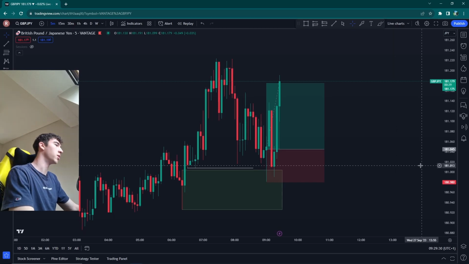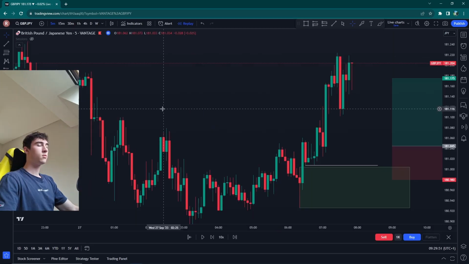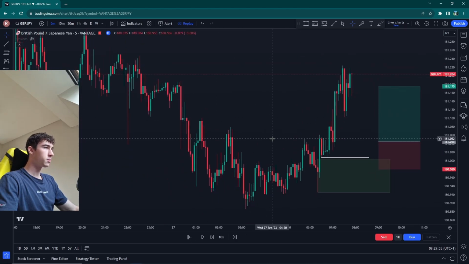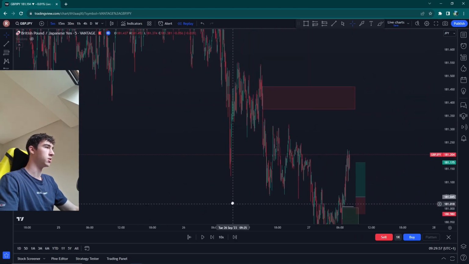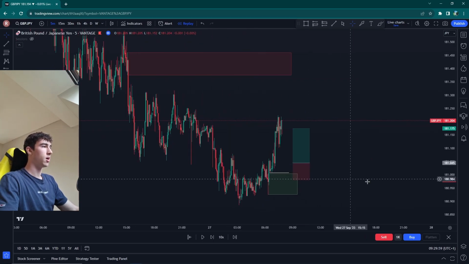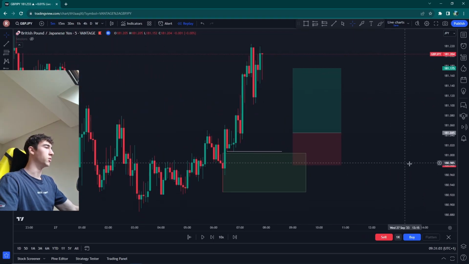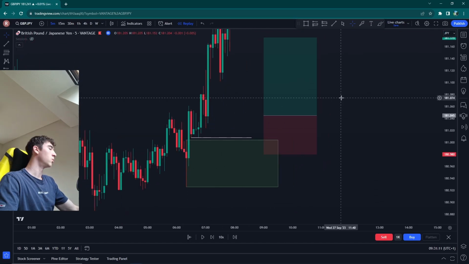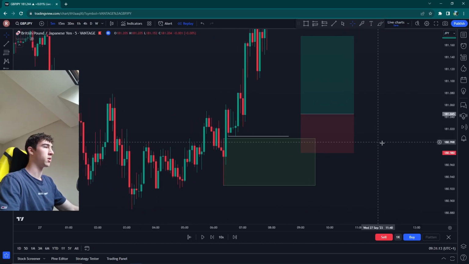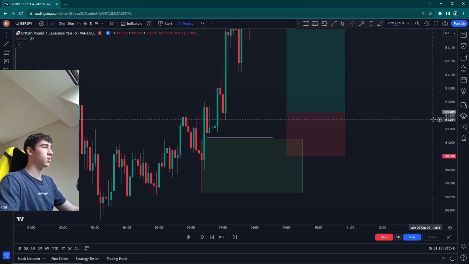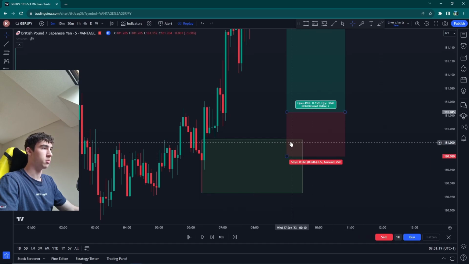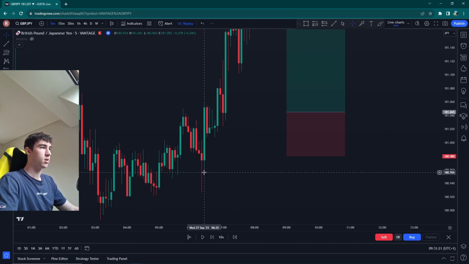Let me break down this trade and show you what I was seeing and why I took this. So first off, hopping into the replay, we are in a downtrend on GJ. So how was I able to take this position? The main thing is we need to have an untapped zone. What I mean by an untapped zone is that no candles will come back into the zone after it's been formed. So right here, as you can see, if I move the box quickly, we've got this strong demand,